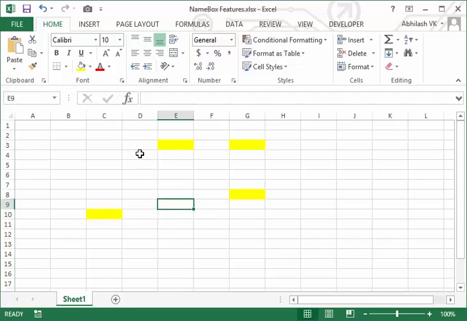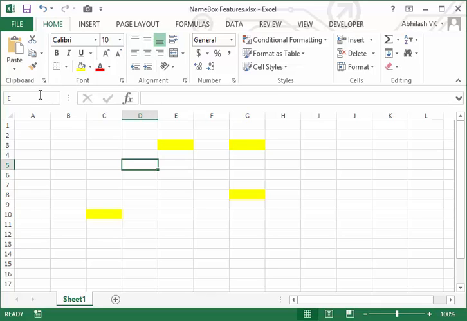So now, say for example you want to select different cells, including the active cell. As the previous example says, D5 is the active cell, but I don't mention D5 in the address bar.